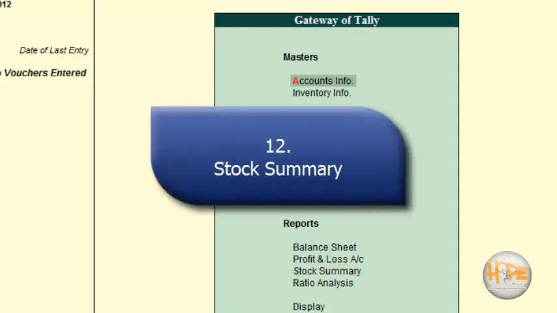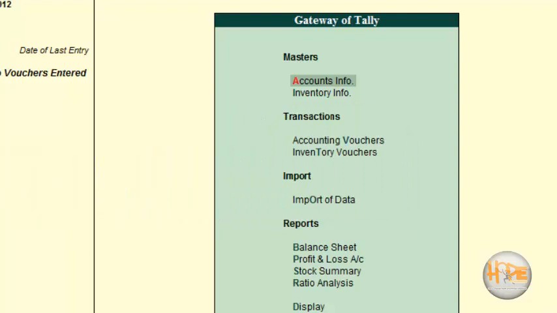Welcome friends, in this video tutorial we will learn how to see the stock summary and the currently available stock in our account. We have added some stock in various categories like raw material, finished goods and other types of category. So how to print the stock currently available, what is the opening balance, what is the current stock in a particular category, and how to print the stock category and take a printout of that particular stock. We will see all these in our tutorial.